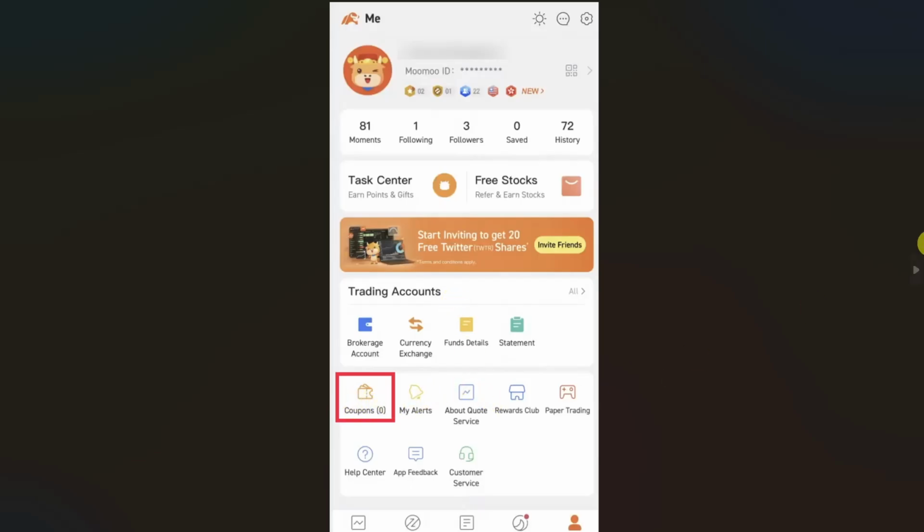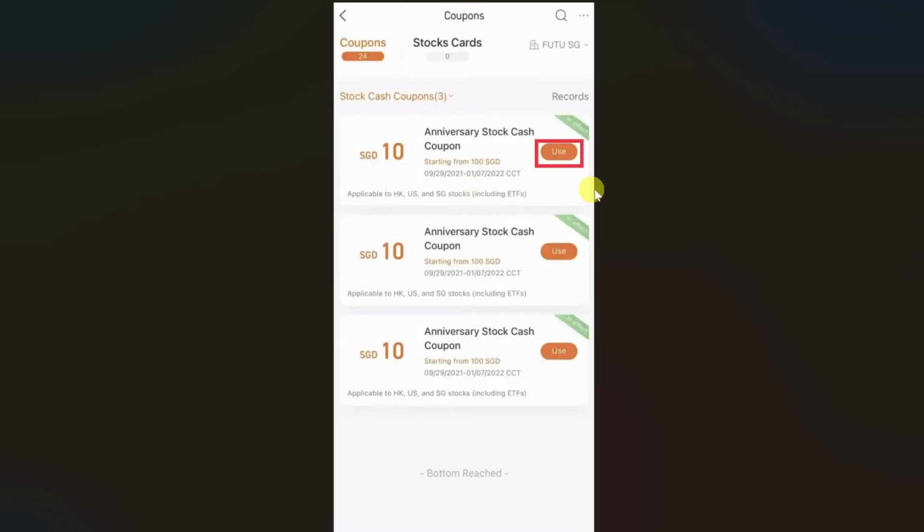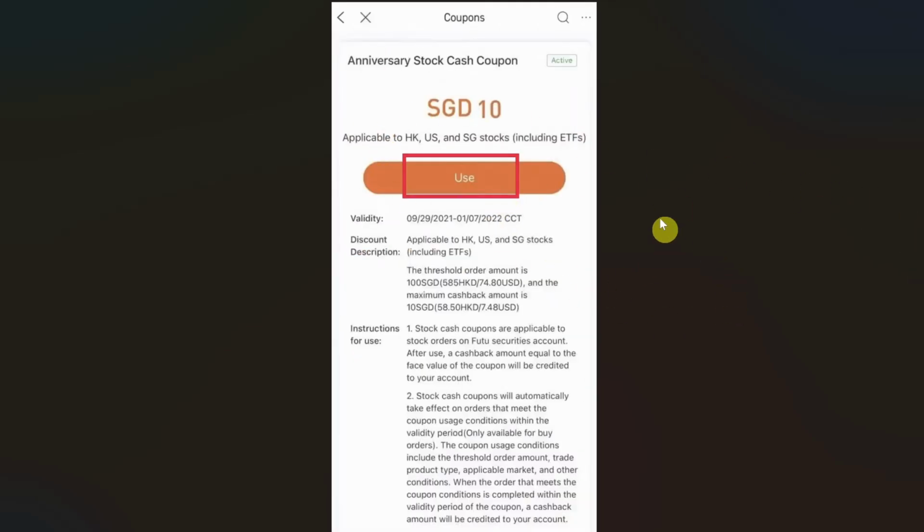So once you found it, click on it, and then this will take you to the screen where you can see all of your available cash coupons that you can use on your Moomoo. Now to use your coupon, what you need to do is click on this use button right next to your coupon, and then it will open up this page where you can see all of your details regarding the